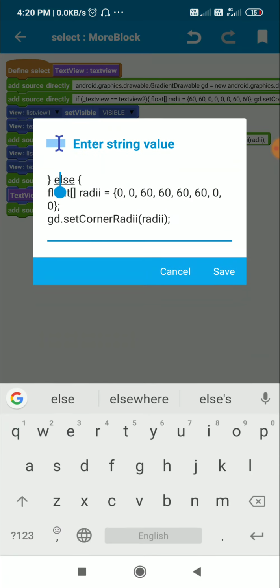After that there is the closing curly bracket, then else, then another opening curly bracket. This means when text view is not equal to text view 2, it will be equal to text view 3.